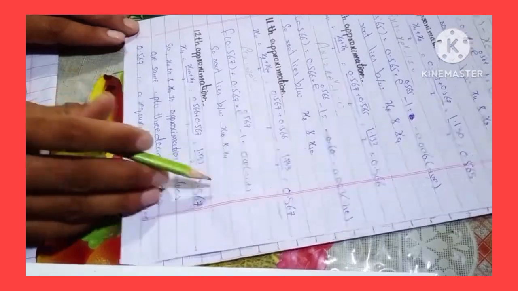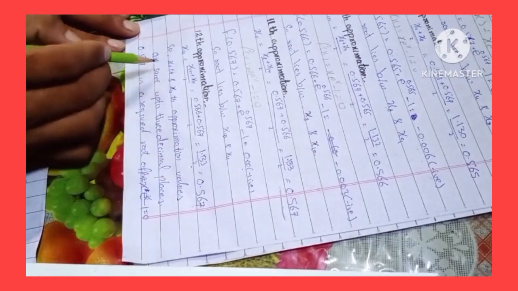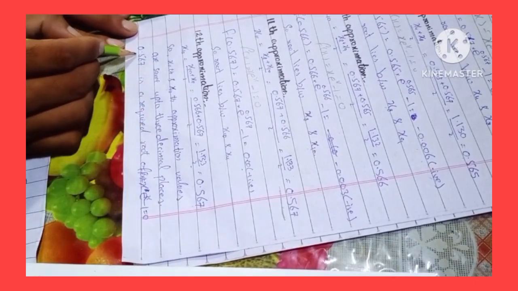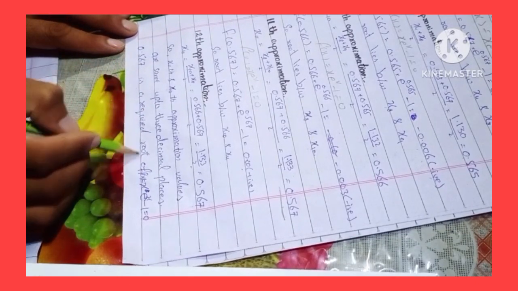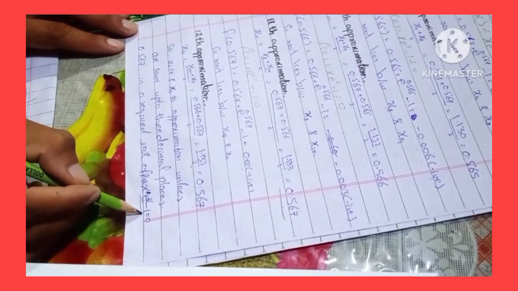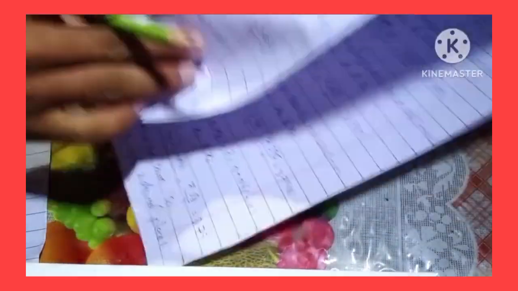Then we stop. So the x11 and x12 approximation values are the same up to 3 decimal places. 0.567 is the required root of f(x) = x e^x minus 1 = 0. And then the second example is